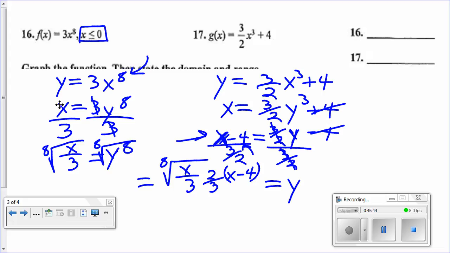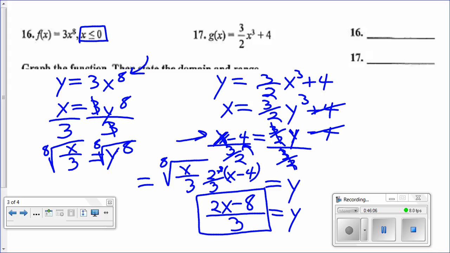Well, we know we can just multiply this across, you multiply the numerator, so what you end up with is 2x minus 8 all over 3 equals y. And that should be the inverse of your function. So yeah, that's how you find the inverse of functions. So let's see. I've got some here, looks like it's not on the test, so I'll skip those. We'll go down to